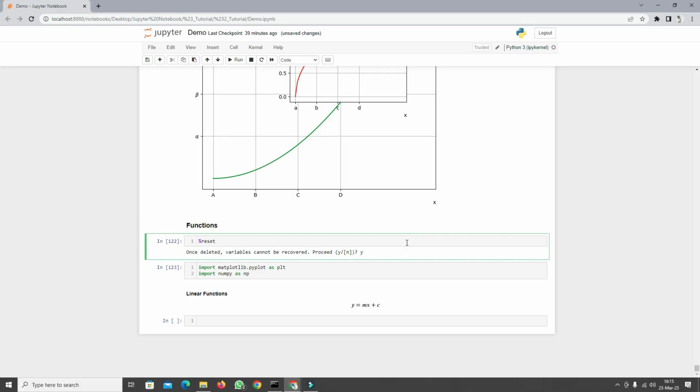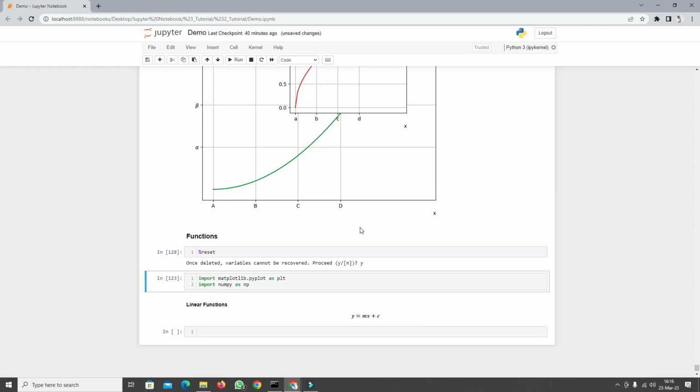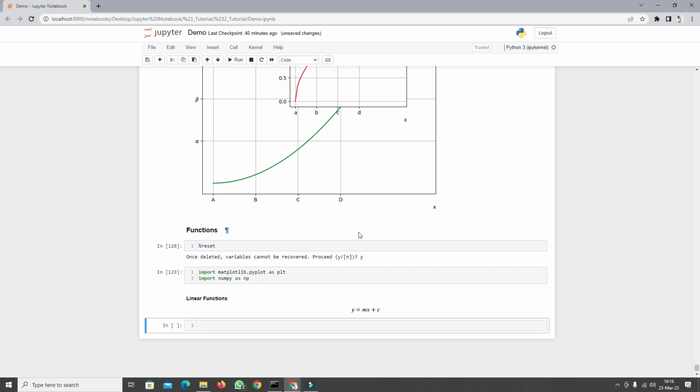So up to now we've looked only at the axes and the grids, but we haven't really gotten into the details of each function, and we're going to start by doing that right now. That's what this section is reserved for, to dive deeper into the curve types and how we can manipulate those and so on. So I'm just going to reset the kernel. I'm going to import the MatPlotLib library and the NumPy library, and we're going to start looking at linear functions,